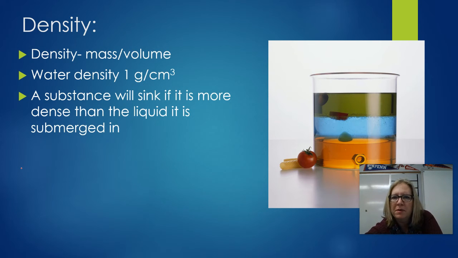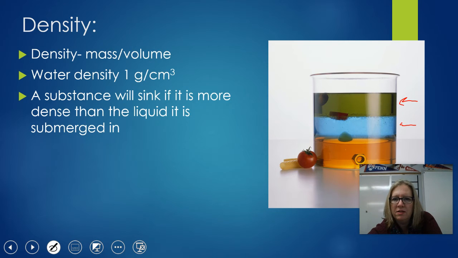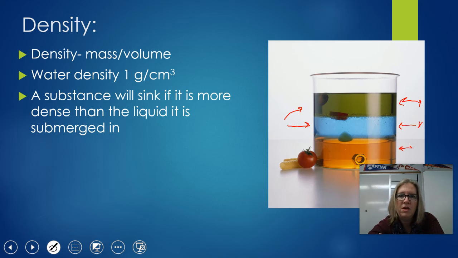okay? So if I'm comparing this blue liquid and this green liquid, I would say that the blue liquid, this one right here, is more dense than this green one up on top, okay? The green one is actually floating on that blue one, okay? But I have another liquid here. So that orange one is even more dense than the blue one. The blue one is floating on the orange liquid, but it sank when compared to the green liquid, okay? So this would be the lowest density of the fluids in this example, and this would be the most dense